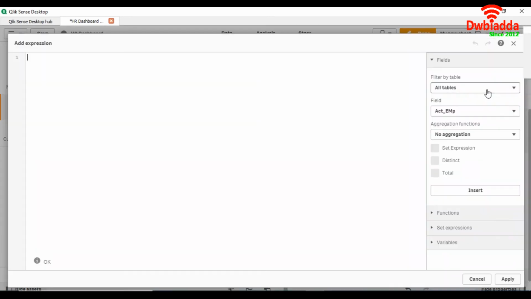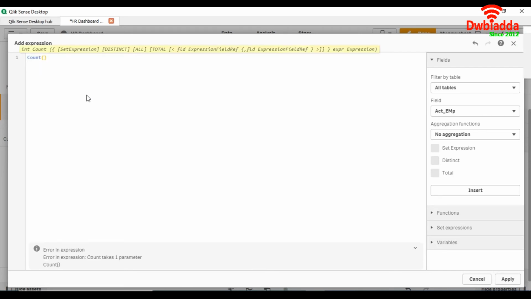So first of all, we will use it in the KPI. Count, brackets, curly brackets, modifiers, dollar expansion. So here we are going to use our field name, year.